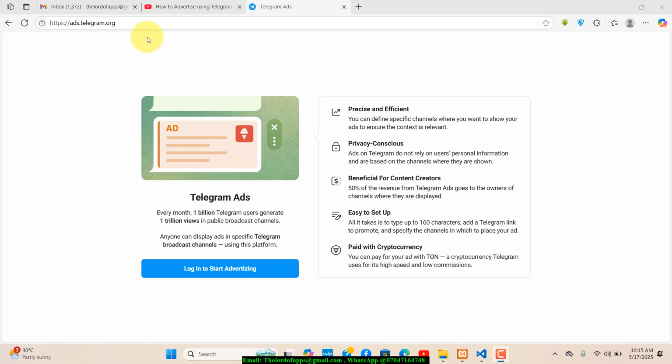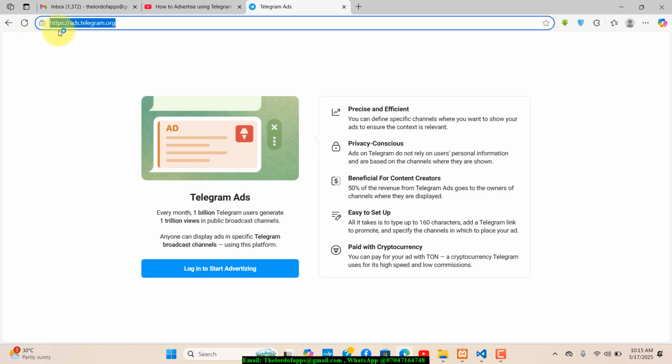So once you're ready to promote your Telegram mini app or whatever ad you want to run, and you want to run that in such a way that the ad displays on big channels and even big TMA. And when I say TMA, I'm referring to Telegram mini apps. So you can go to your desktop application or computer or just whatever browser that you have and just type